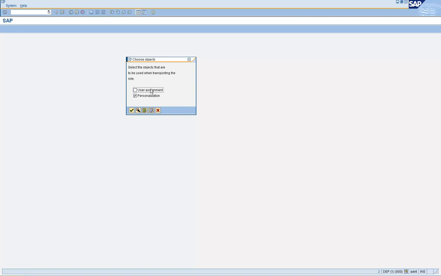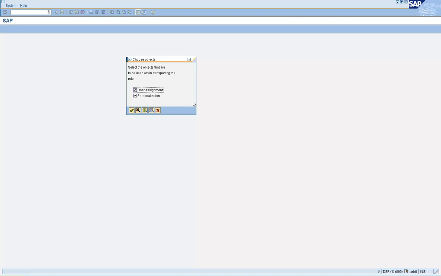The reason is, if you select this checkbox, user assignment, what you are telling the system is, the users who are assigned this role in, let's say, client 800 of DEP system, they are the same set of users who are assigned this role in the target clients, in the target systems, which will not be the case.